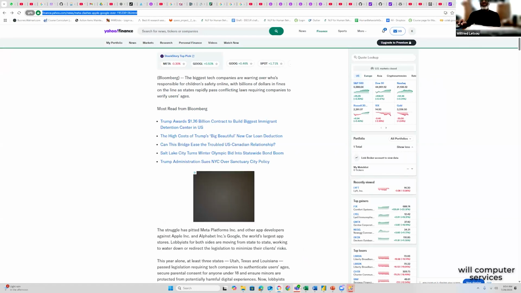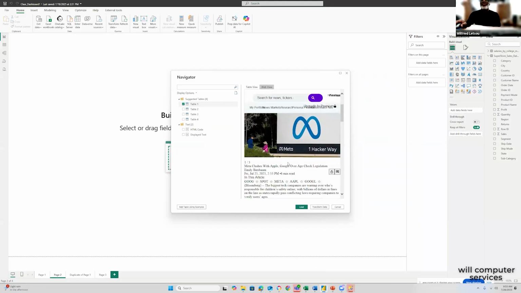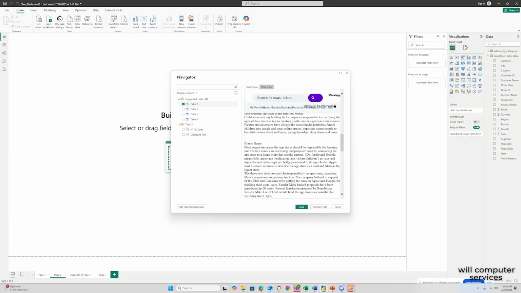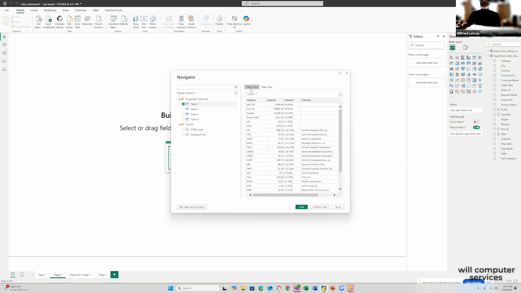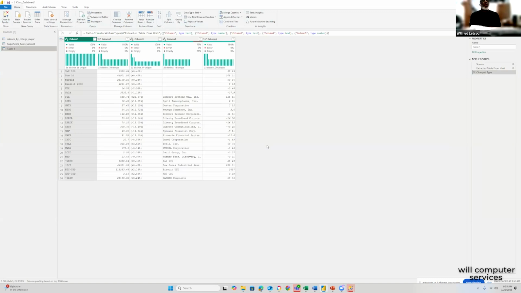Let's do one sample. I'll have to go into transform. You see, when you go to view web, it gives you the website information. But when you come to the table view, then let's say I want to do some transformation. Okay, here, what I have there,